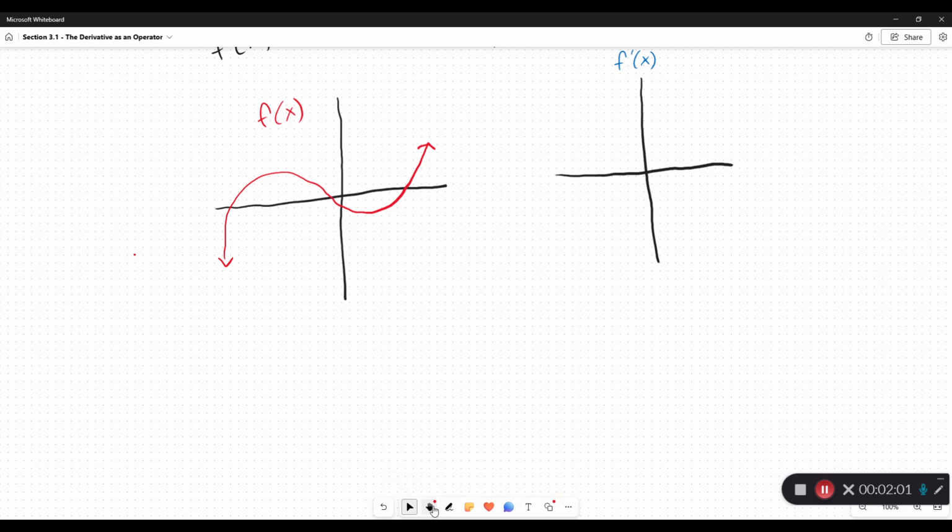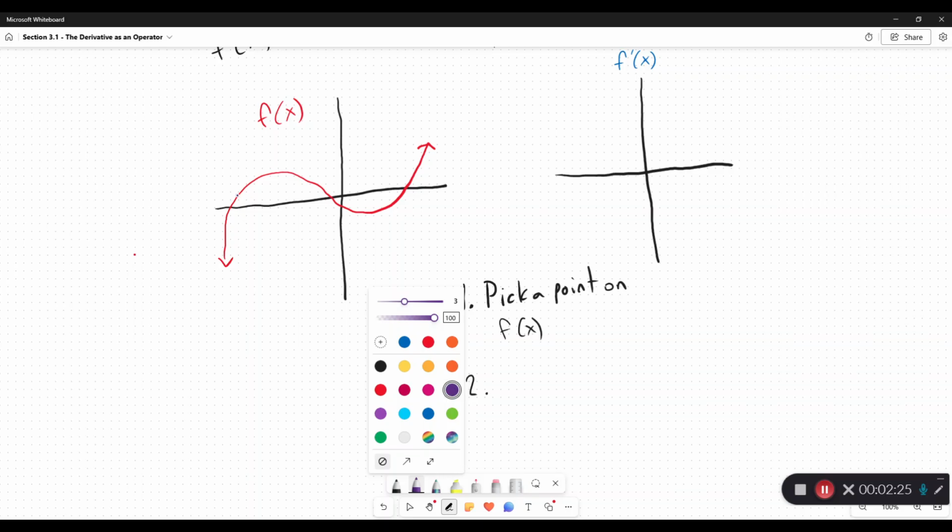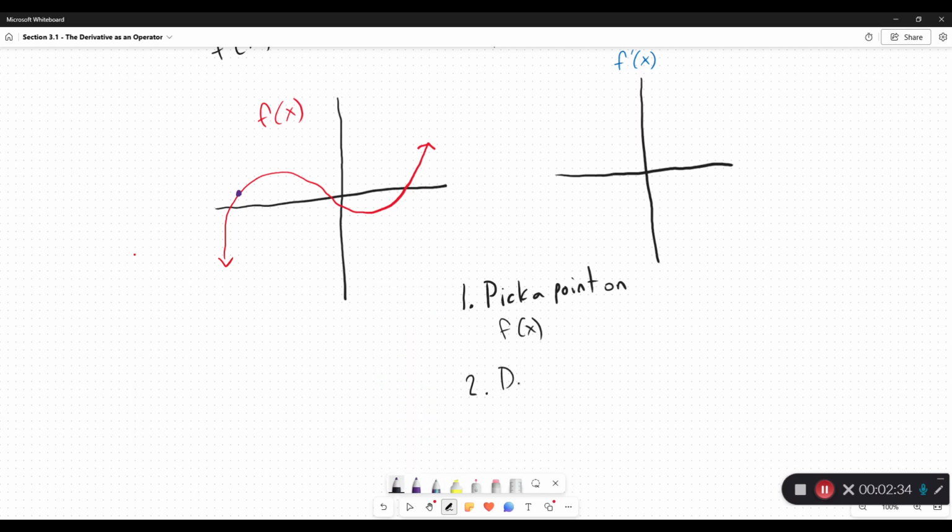So there's many ways to do this. I like to do a sort of two-step method. Step one is, pick a point on f of x. We'll do so. I'll say, look, let's choose this point right here. Okay? What are we going to do with that point? We're going to draw